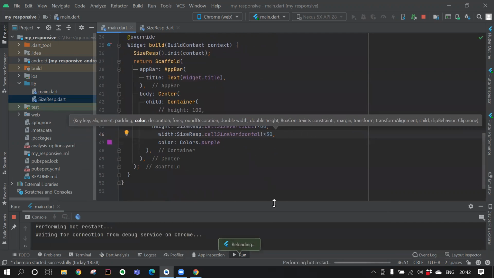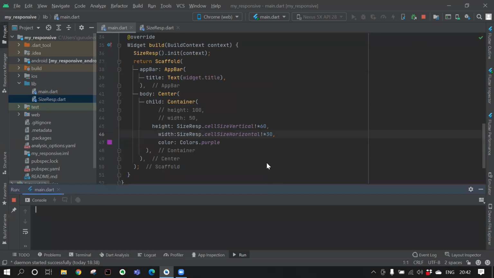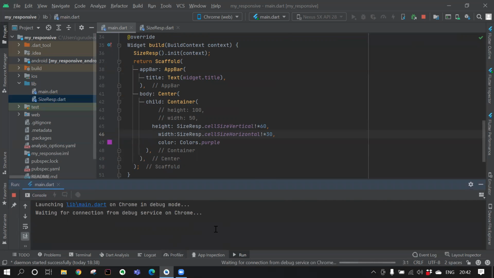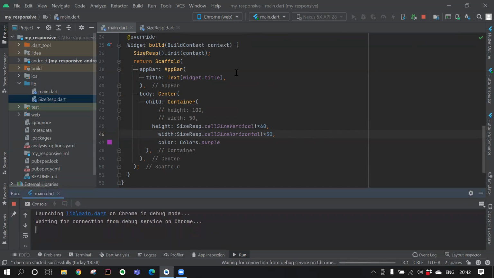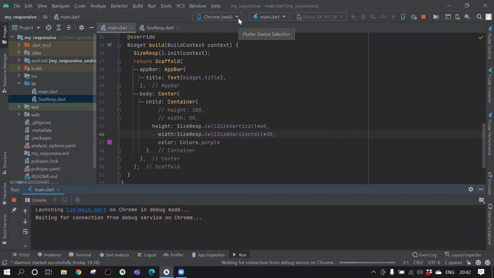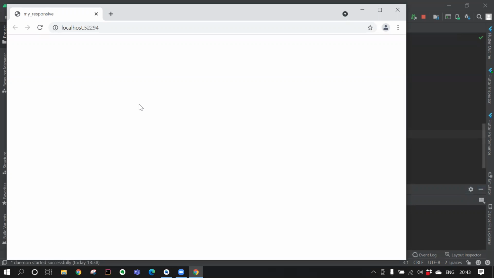Since we made many changes, I would suggest to stop the emulator and rerun it again. So I'm just stopping it and rerunning it. It will take some time to run. The main purpose of using this Chrome service is that we can check for multiple emulators at once. We don't need to create many emulators in the AVD manager because it takes up a lot of space. So we have used this Chrome web service. You can also use the Edge web service. It's building. It will take initially some time, but later on, as you can see, you can check it for multiple devices at once and also for the portrait and the landscape.